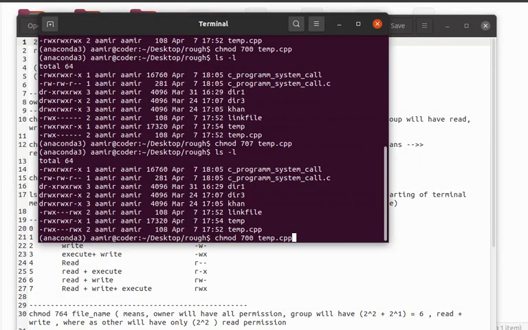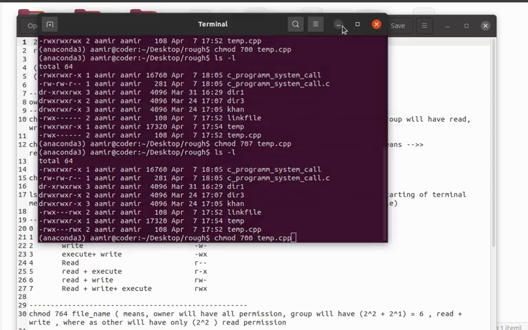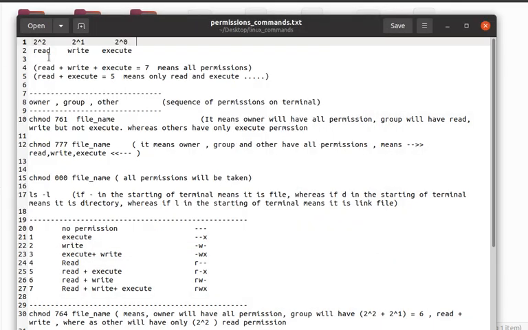The first digit is the part of the owner, the second portion is for groups, and the third portion is for others. If we add all of these, it means all permission, it means 7.